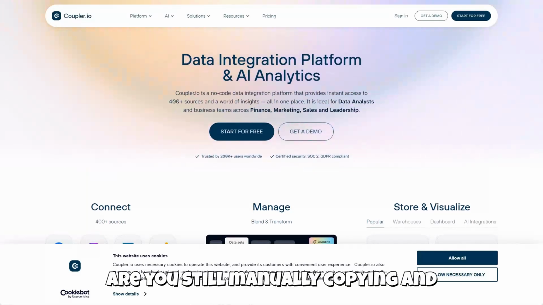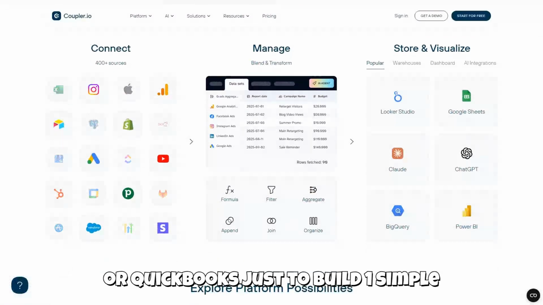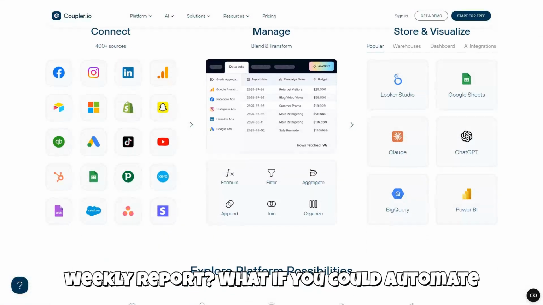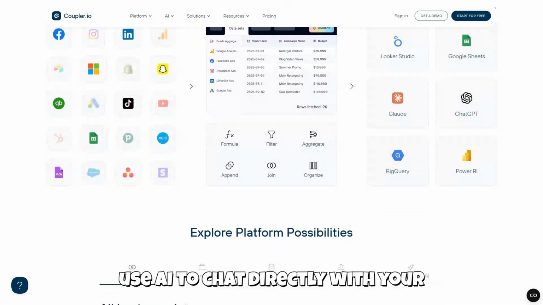Are you still manually copying and pasting data from Facebook ads, Shopify, or QuickBooks just to build one simple weekly report? What if you could automate that entire process in minutes and even use AI to chat directly with your